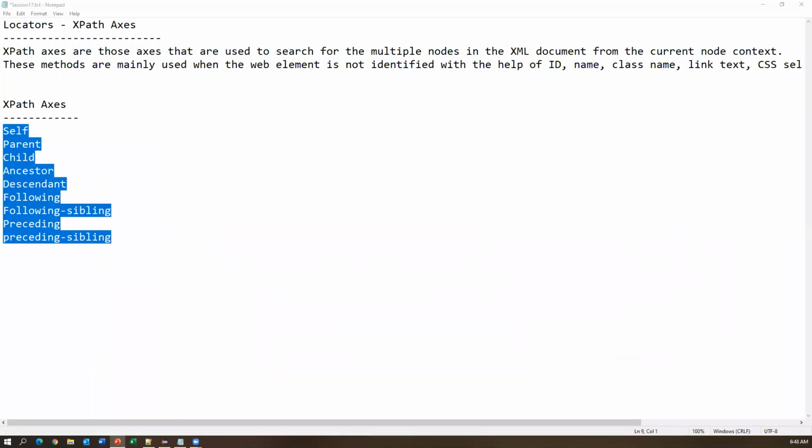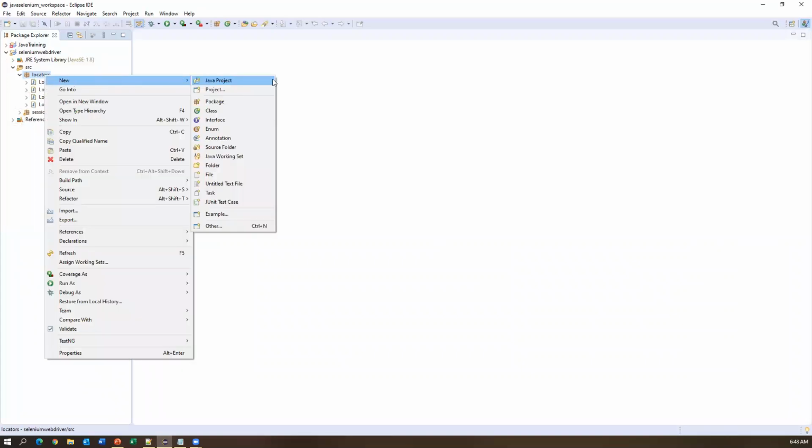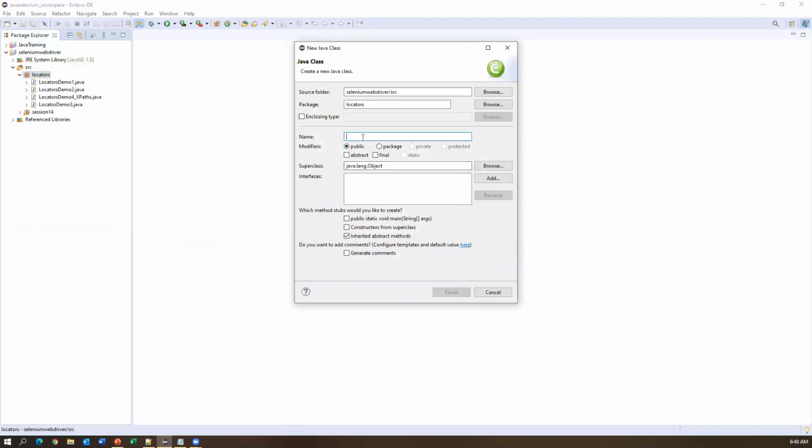Now let's go to Eclipse and create one new class. I'll name it locators demo, 4 we have already seen, so 5 underscore XPath axes.